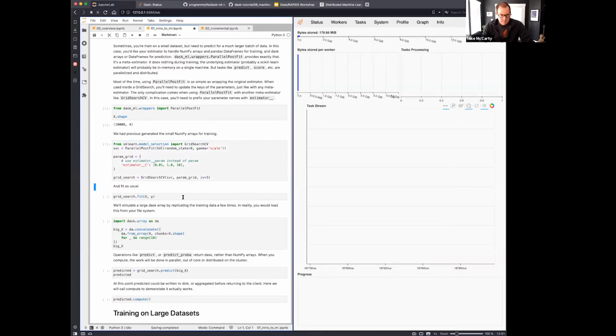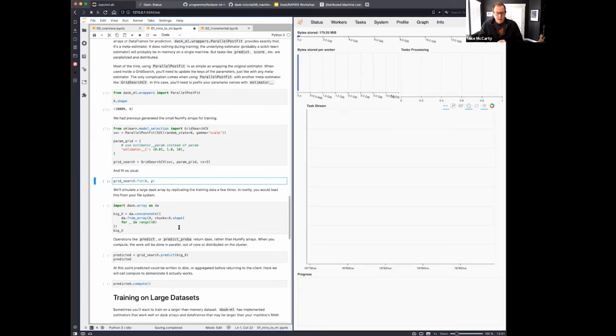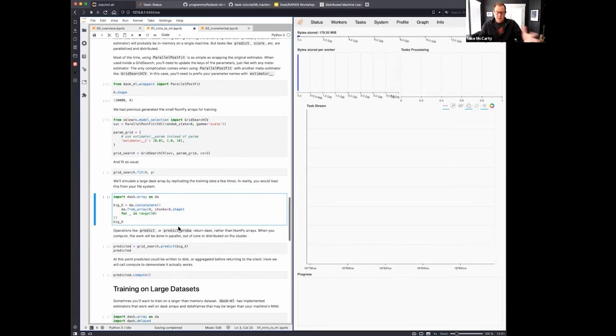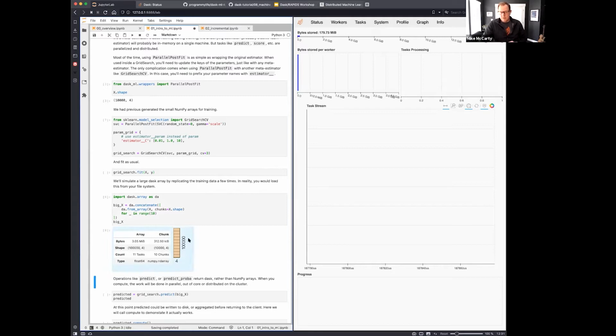Okay. So you can fit on a data set that is just a NumPy array in this case, fits into memory on a local system. This is just regular scikit-learn. And then I can take that data set and in this case, we're just going to replicate it to create a Dask collection and create a larger amount of data. Let's run that, and you get these nice widgets with Dask that show you